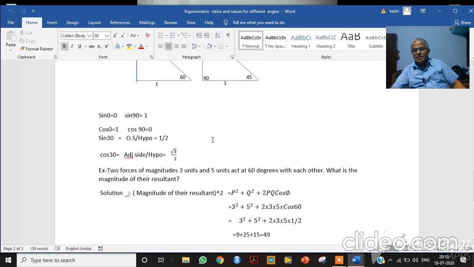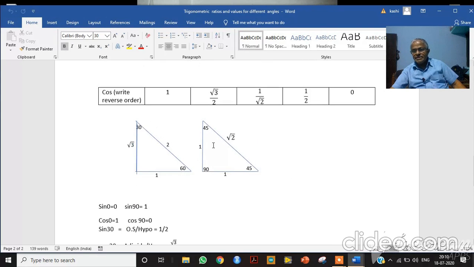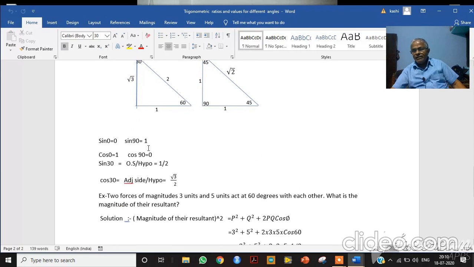So my dear students, you have so many applications in physics. You know very well finding work. Work, W, is equal to F dot S, that is F S cos theta. Here also cos theta occurs. We can resolve the vectors into two rectangular components using sine and cos functions. So keep it in mind and